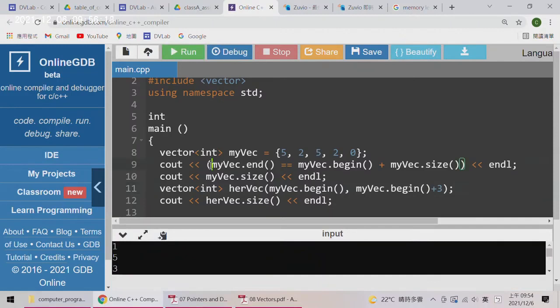For example, I print this comparison. I compare my vector dot end with my vector dot begin plus my vector dot size, and the result of this comparison is true. So its value is 1. So my vector dot end is actually equal to my vector dot begin plus my vector dot size, and this